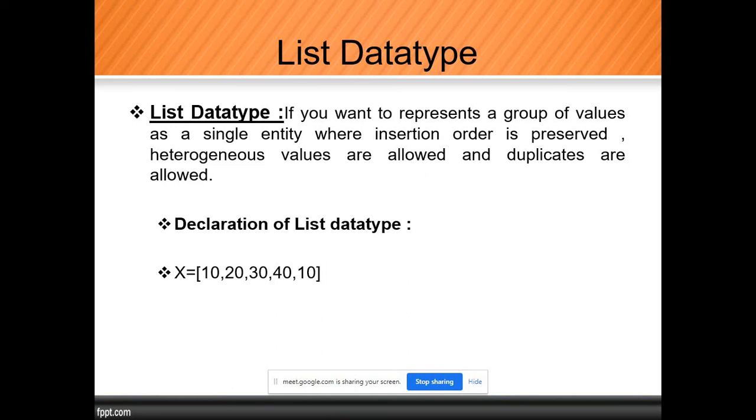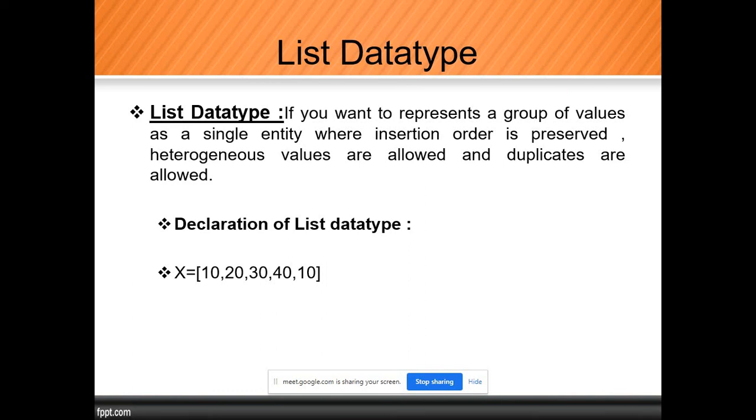So what is the concept of these 3 options? Insertion order preserved. For example, I am trying to add 10, I'm trying to add 20, I'm trying to add 30. So what will be the first element? First element is 10, second element is 20, and third element is 30. So that means we are preserving insertion order.